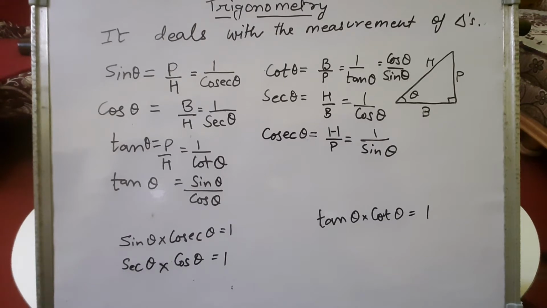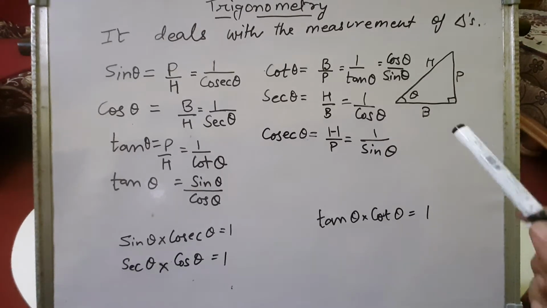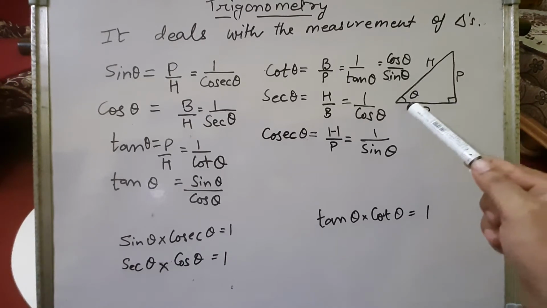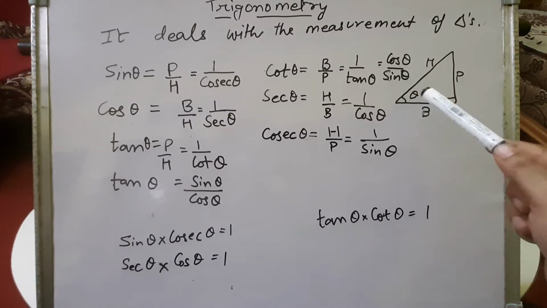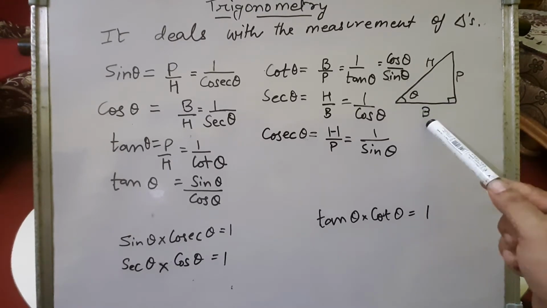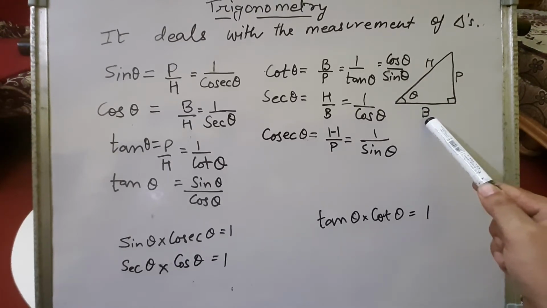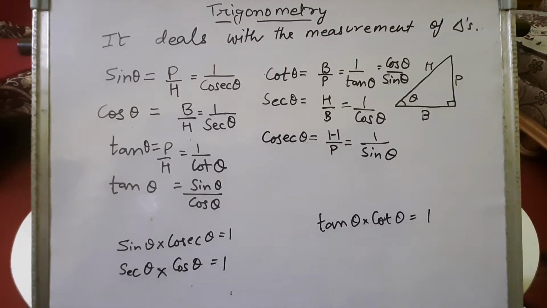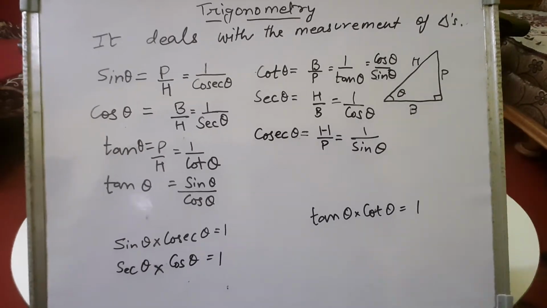Now children, suppose we are calculating any base angle, any acute angle, suppose theta is any acute angle of a right angle triangle, then the side on which this angle is formed, other than the hypotenuse, will be the base of the triangle. Then the other side will be the perpendicular, and the longest side is the hypotenuse.